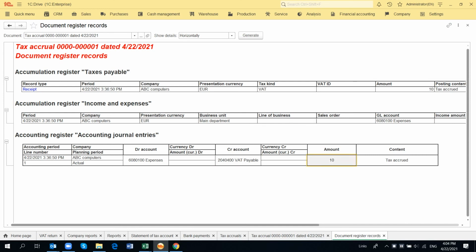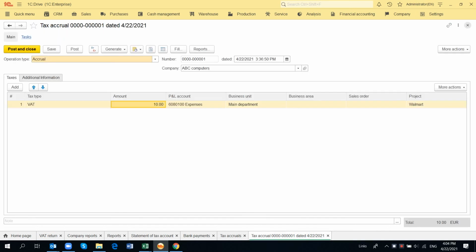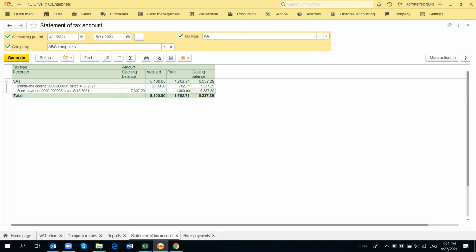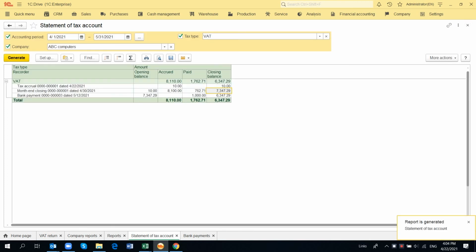So we see the €10 as tax accrual, and since it is tax accrual, not the standard purchases and sales, we will see the data in statement of tax account, and we see that balance is increased by €10.